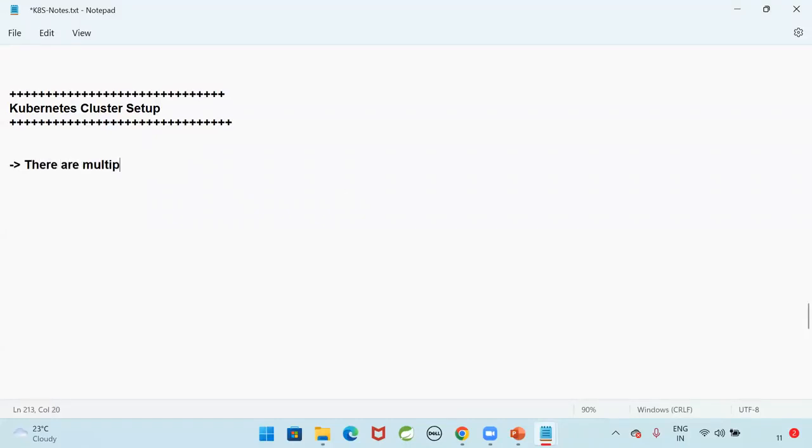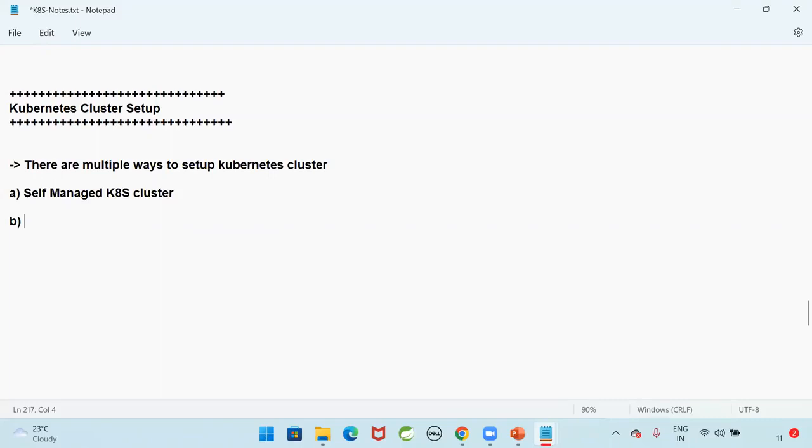The first approach is a self-managed K8s cluster, and the second one